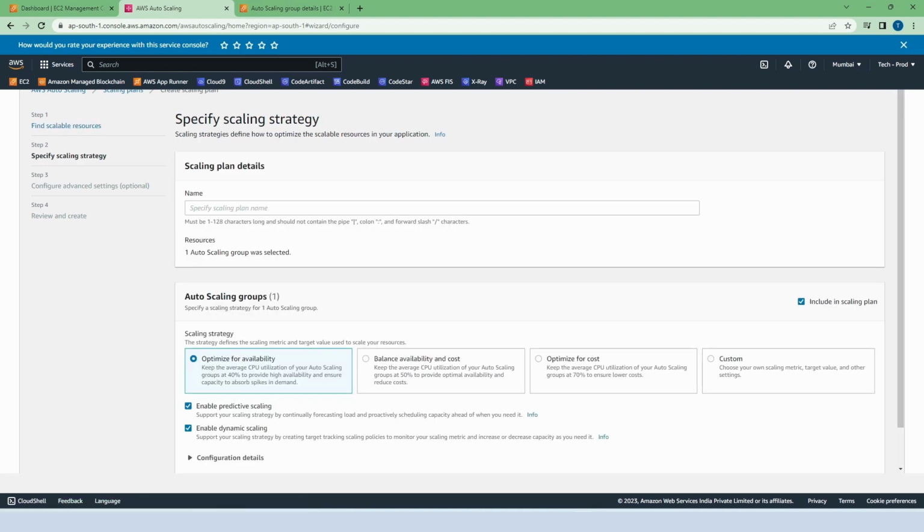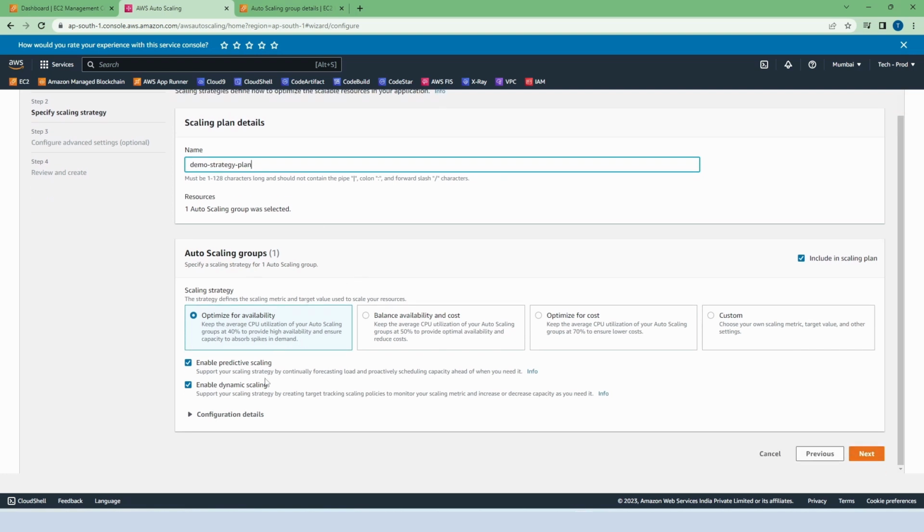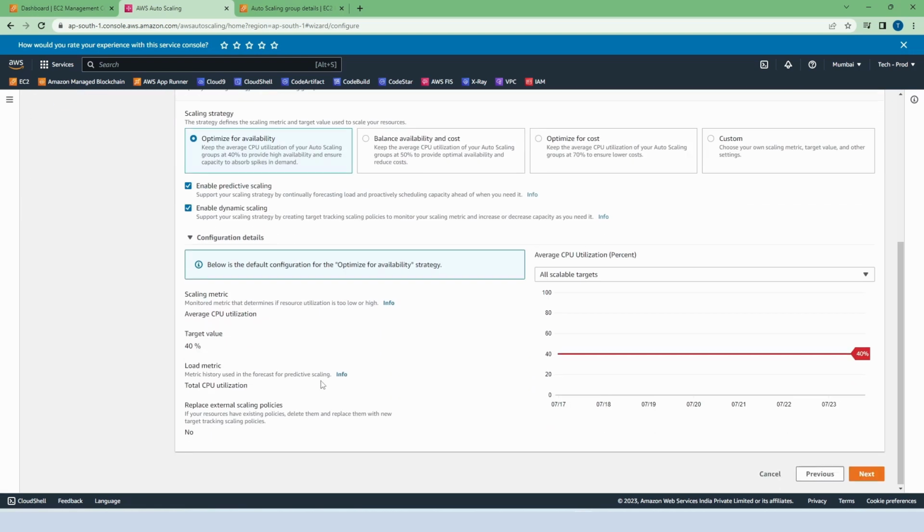Now the rest of the fields are self-explanatory, and put the name of your scaling plan. And we have 4 strategies for scaling: optimize for availability, balance availability and cost, optimize for cost, and custom. So let us choose optimize for availability and click on configuration details. Now if we have CPU utilization more than 40% in any of our instances, then it will dynamically scale the instances. Click on next,